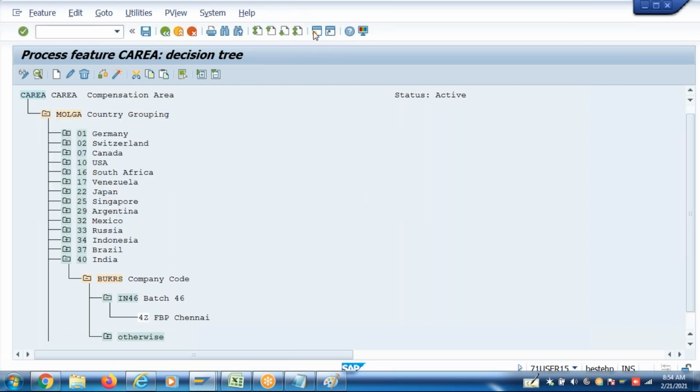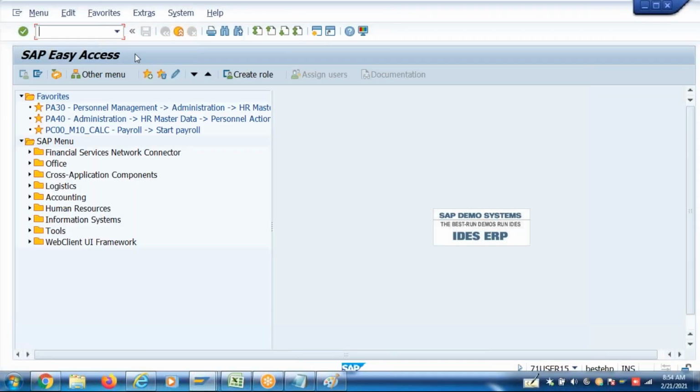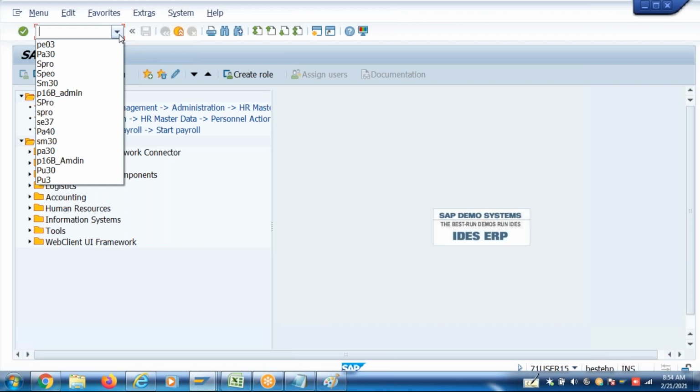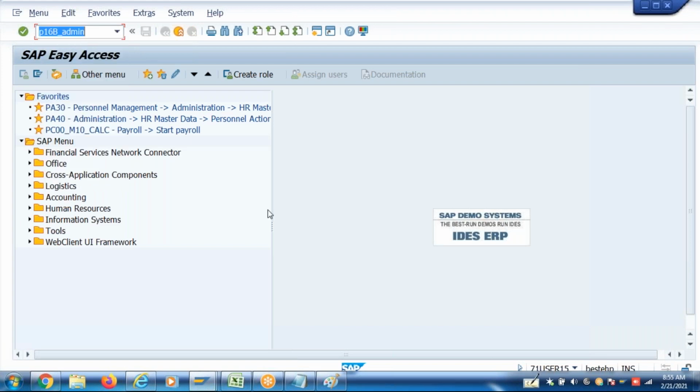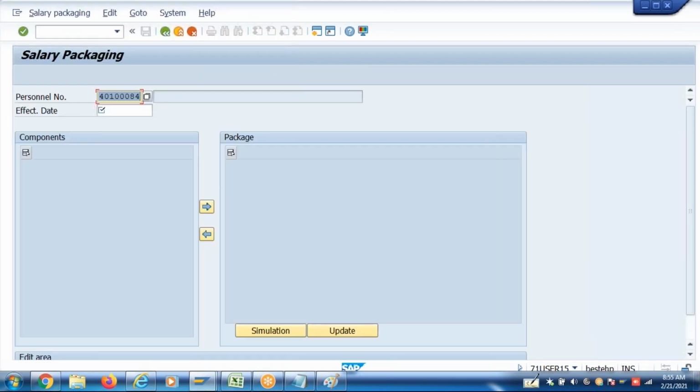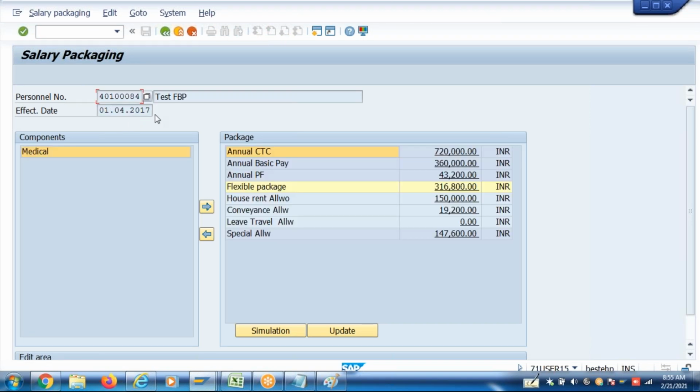Okay, so there is an employee already hired. Let me show you the screen first. The transaction code in the SAP system we use is P16B_admin, guys, for salary packaging. The same screen appears in the ESS screen, employee self-service. So he goes here. Effective date of salary packaging. Now you see this annual CTC, when you double click on it,